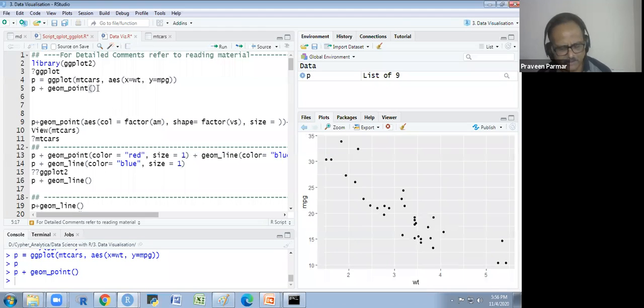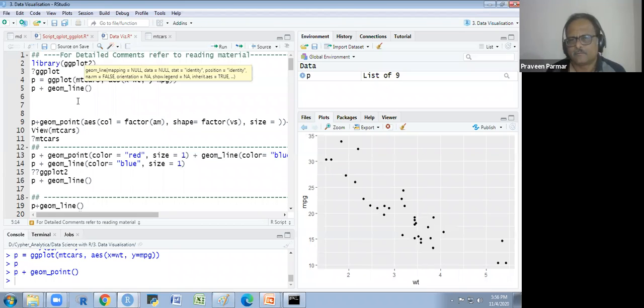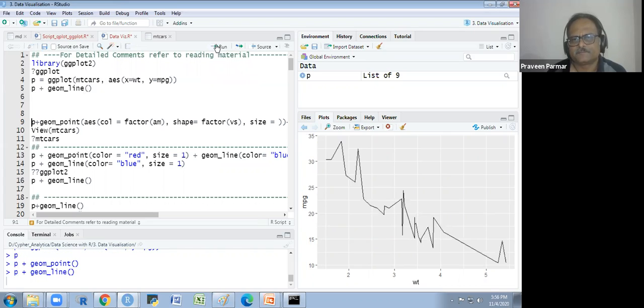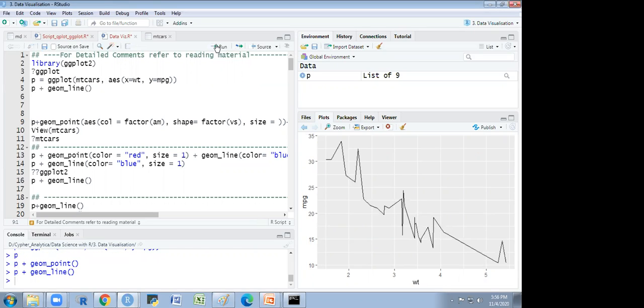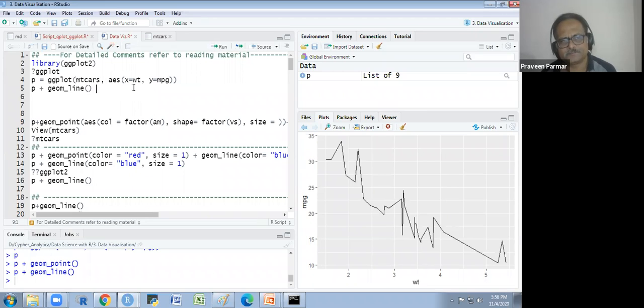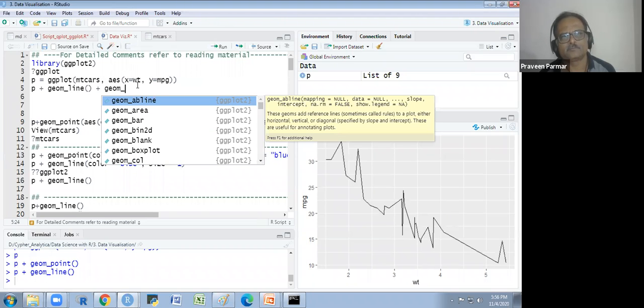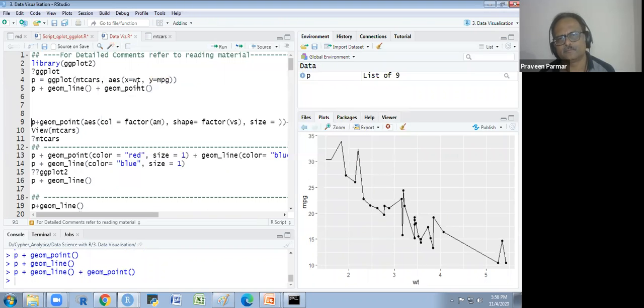One more thing I will explain to you. Instead of point, if I want the line, see what happens. If I want both, okay, I want smooth also.